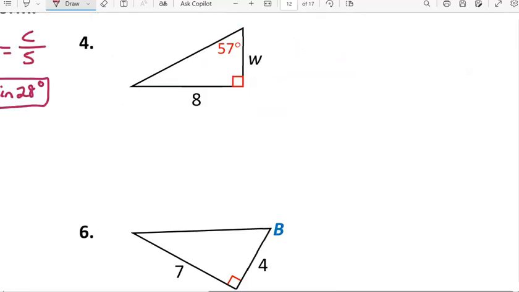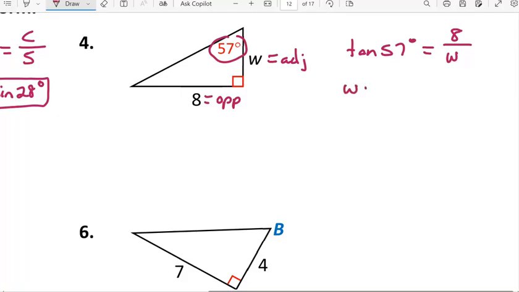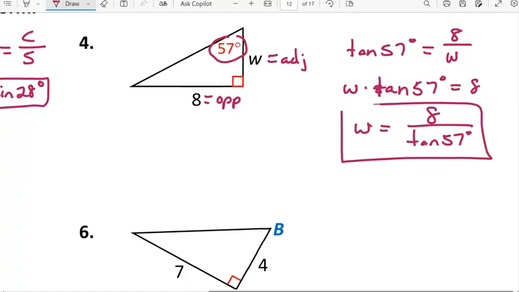and that's our calculator ready form. In 4, we have a 57-degree angle. W is our adjacent side, and 8 is the opposite side. That implies that we should be using a tangent ratio. Tangent of 57 degrees is equal to the ratio of the opposite side length over the adjacent side length. Let's multiply both sides by W, and then we get W times tangent of 57 degrees is equal to 8, and then from there divide both sides by the tangent of 57 degrees,